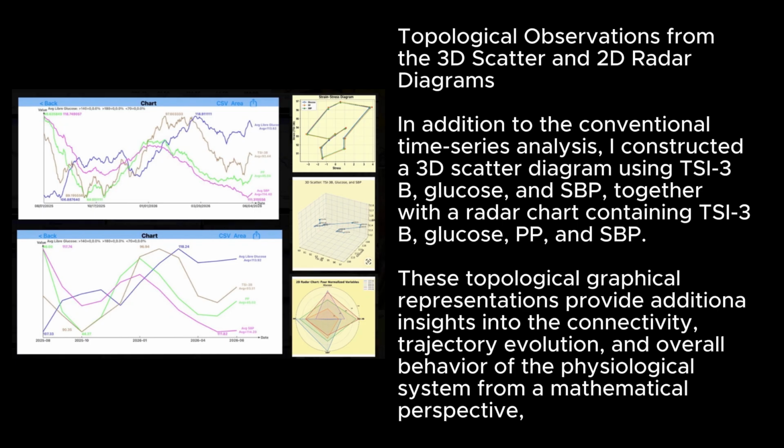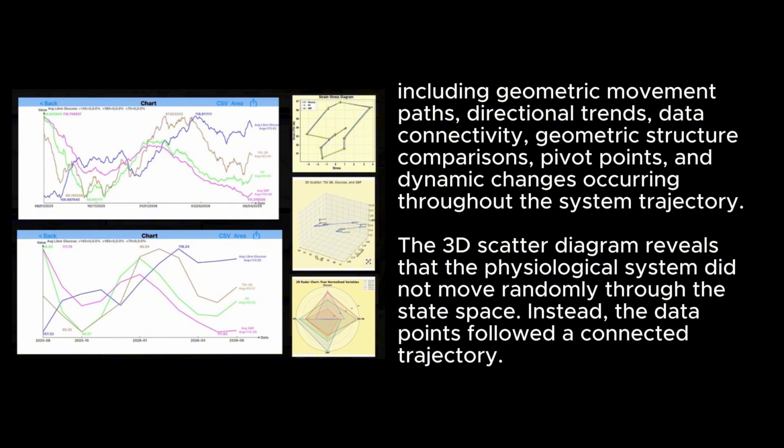These topological graphical representations provide additional insights into the connectivity, trajectory evolution, and overall behavior of the physiological system from a mathematical perspective, including geometric movement paths, directional trends, data connectivity, geometric structure comparisons, pivot points, and dynamic changes occurring throughout the system trajectory. The 3D scatter diagram reveals that the physiological system did not move randomly through the state